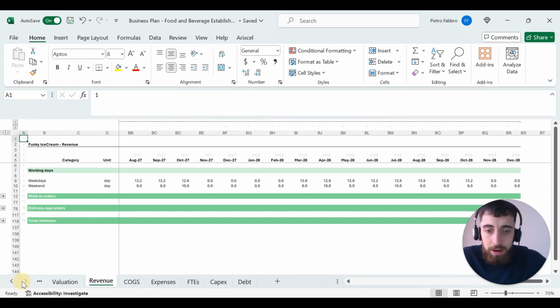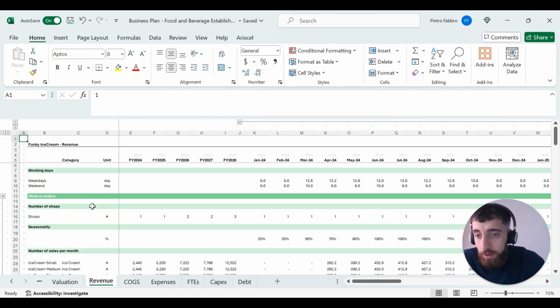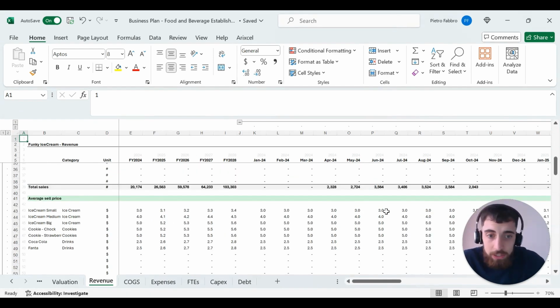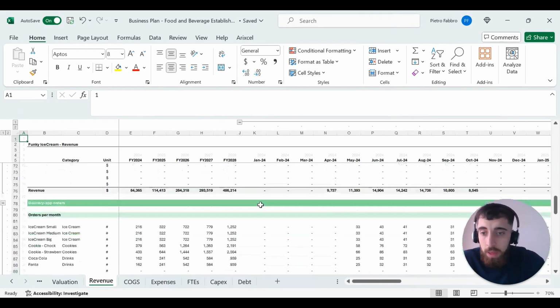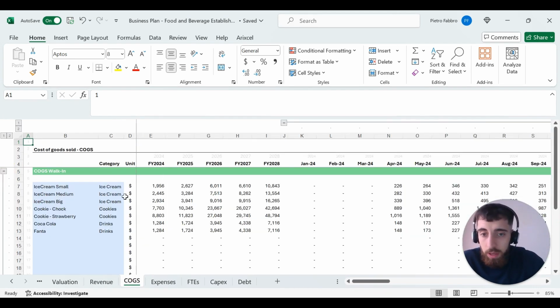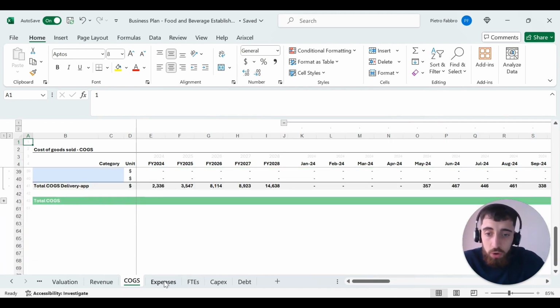And then the next tabs are calculation tabs. So in these calculation tabs, you can find details month by month and year by year of your financial plan. So for example, in the revenue tab, you can find details about walk-in orders, delivery app orders, and total revenues. You just expand the section and you can see the seasonality for a given month, then the average sales price for a given month, revenues, delivery app revenues, orders per month, and so on. And the same with COGS as well, with a breakdown in COGS walk-in and delivery apps, and then total COGS,